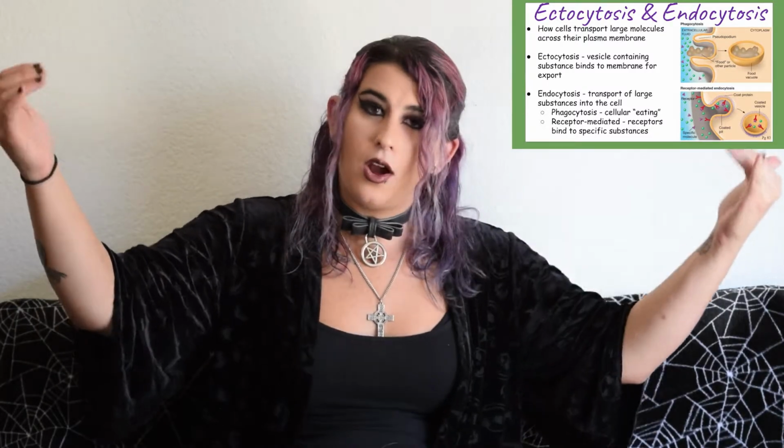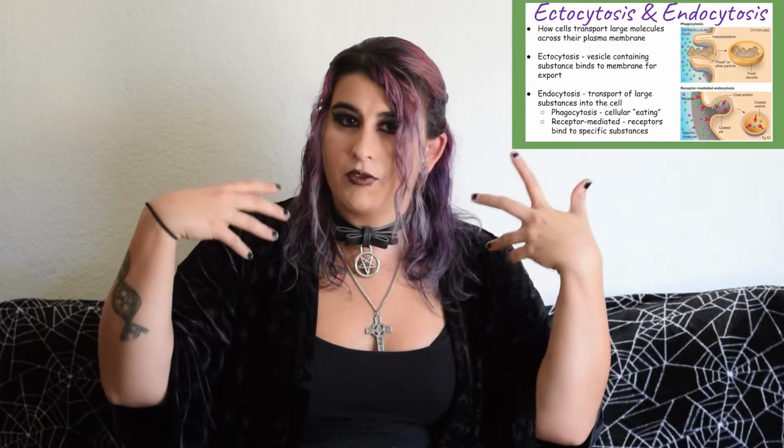You'll see this and you'll get kind of these little arms reach out of the plasma membrane and engulf some sort of food in the form of a macromolecule. Sometimes it's another cell, depending on what we're talking about. But it'll engulf that, and then a food vacuole will end up forming on the inside of the cell, and it will carry off into the inner portions of that cytoplasm